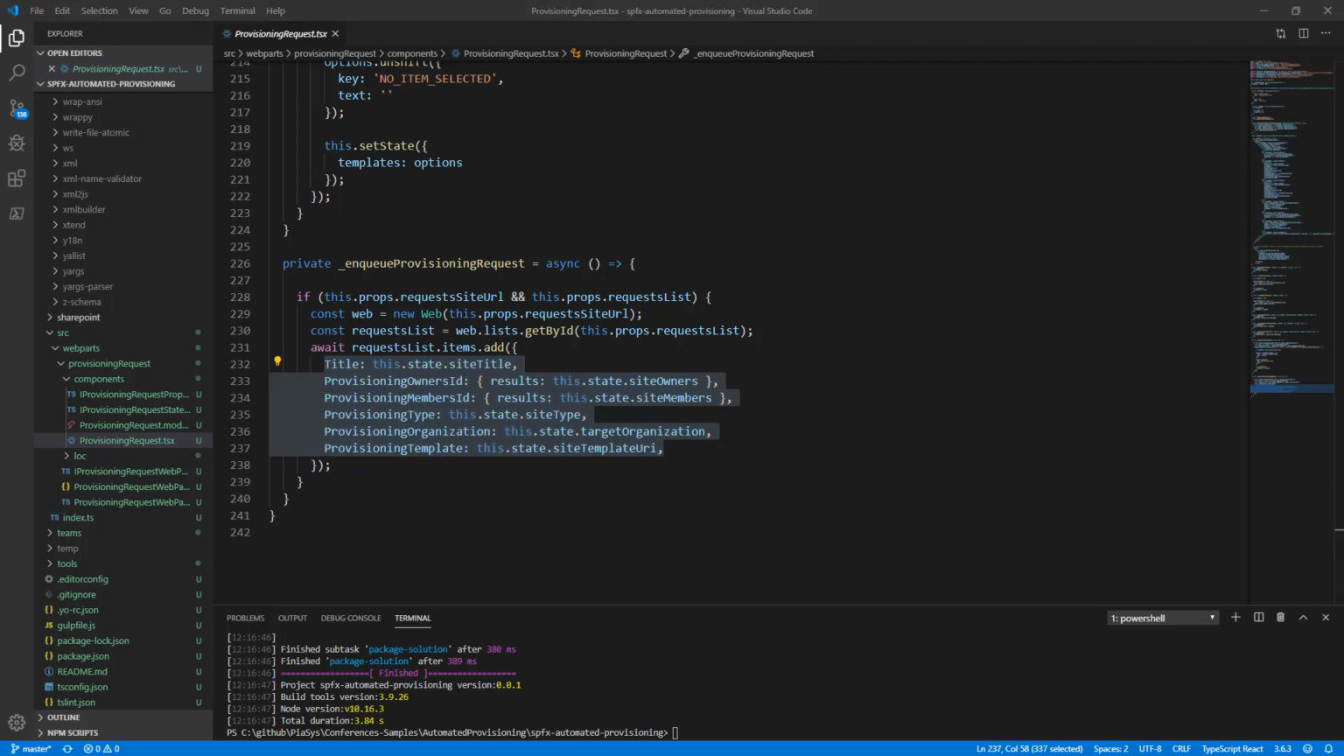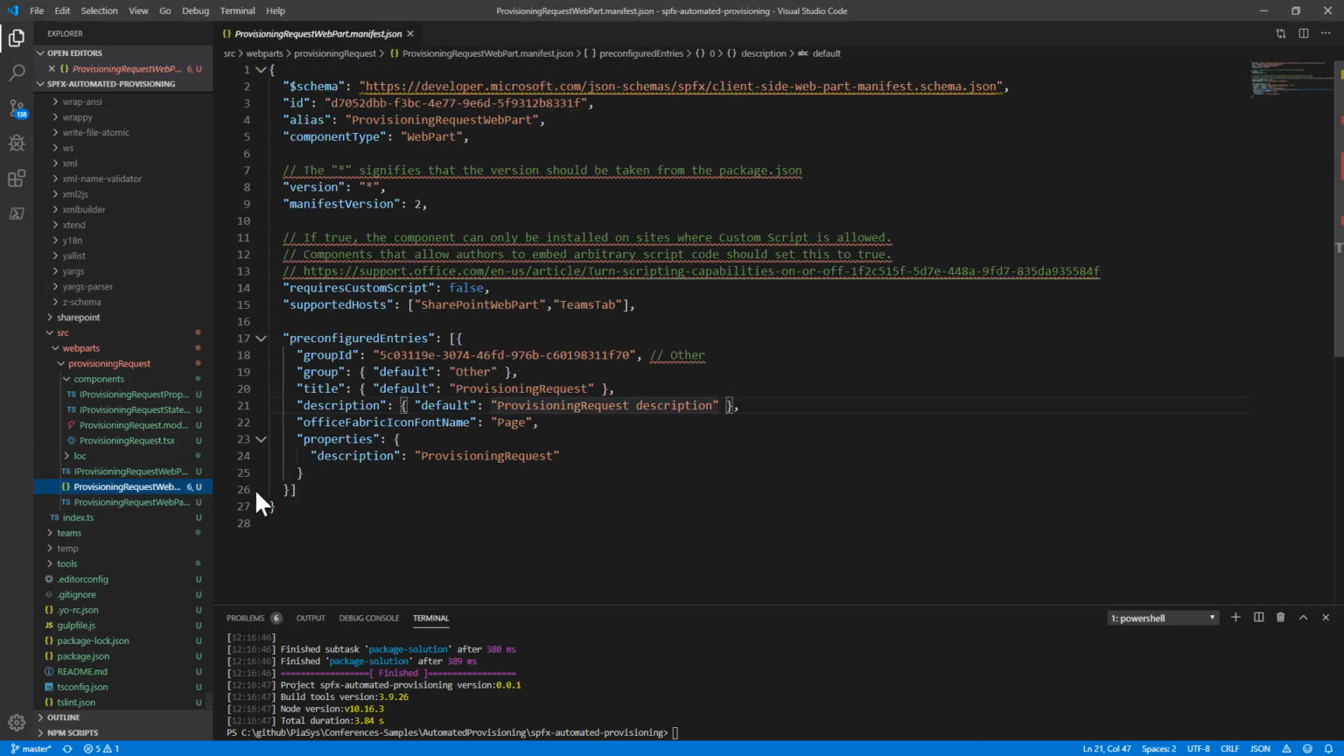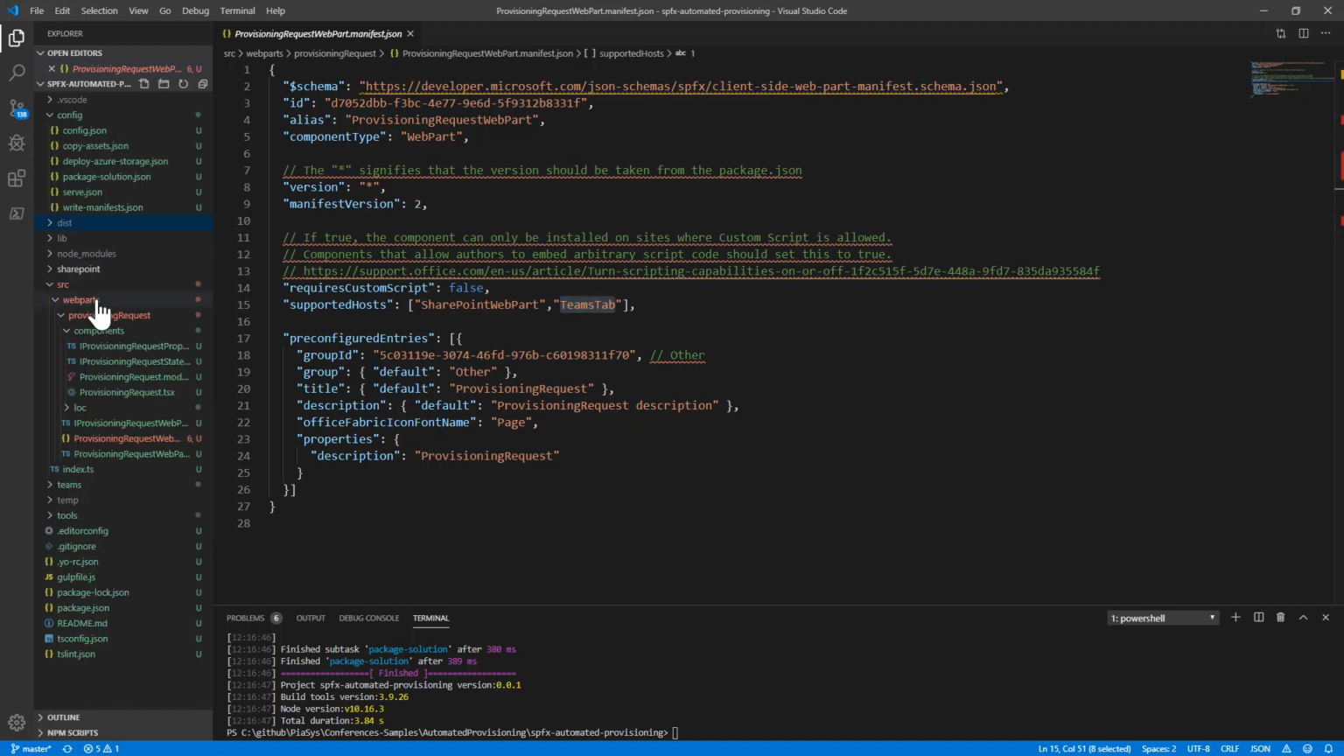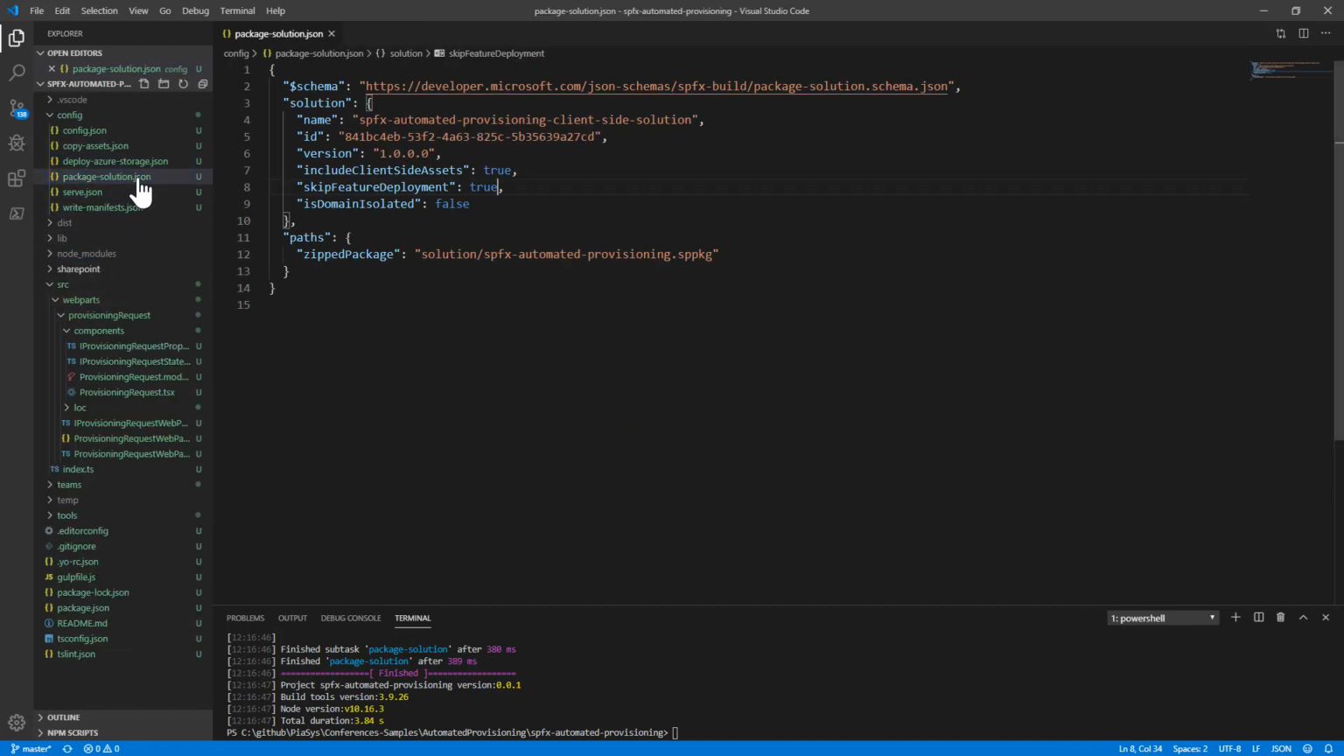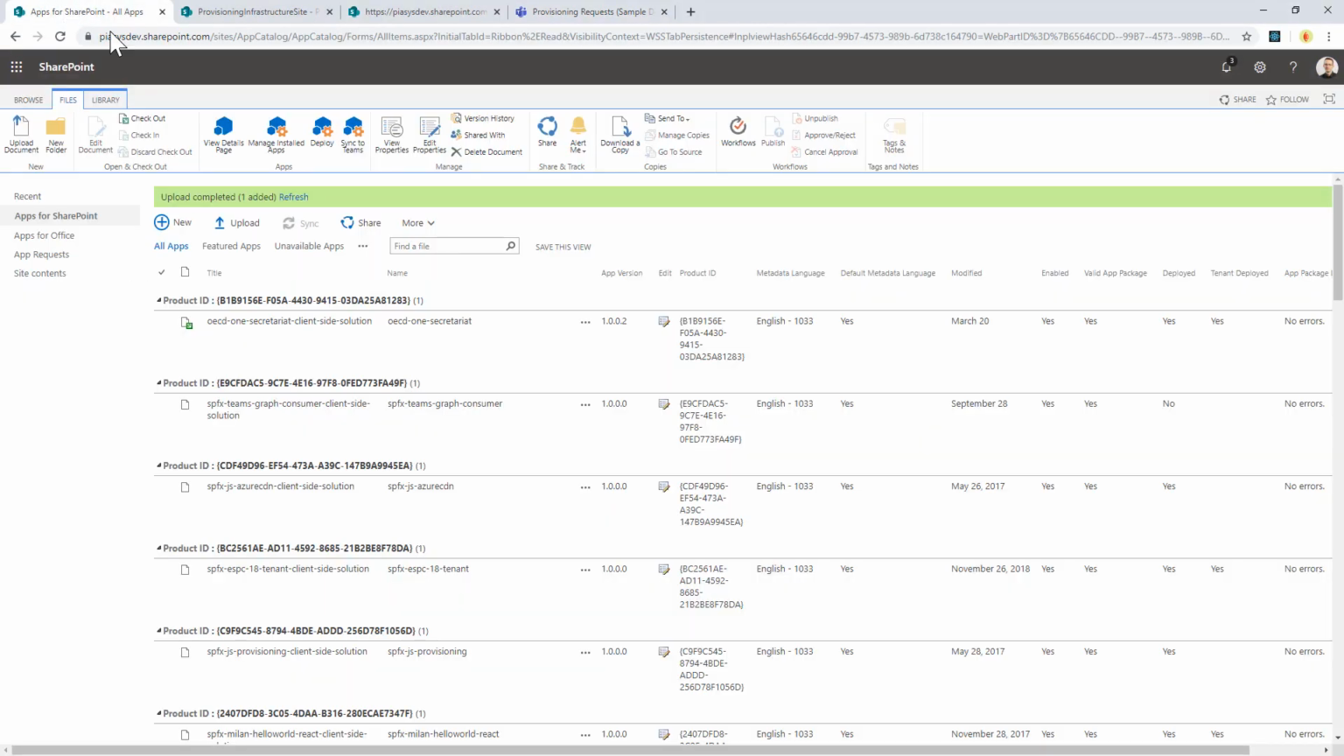Moreover, in order to have my client-side web part available as a Teams tab, I also had to configure in the manifest of my web part that in the supported hosts, I want to support the Teams tab as a supported host. And in the package-solution.json file of my solution, I decided to have the solution tenant-wide available, so skipFeatureDeployment equal true. By doing that, and by uploading my package into the app catalog of my target tenant,